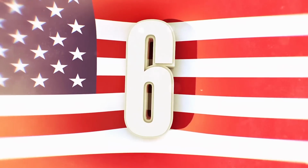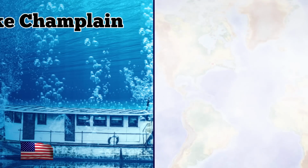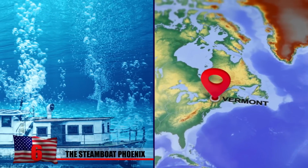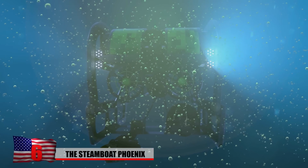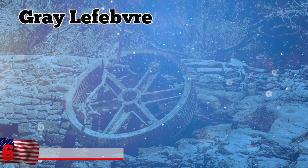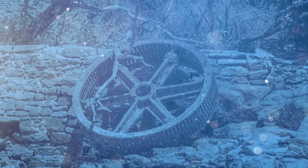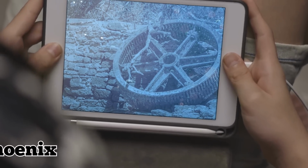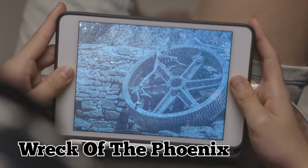Number 6. The Steamboat Phoenix. Deep under Lake Champlain in Vermont lies one of the oldest steamboat wrecks in the world. Discovered using a remote-controlled underwater vehicle, Gray Lefebvre was able to use its camera to spot the wooden wheels poking up from the lake bed. Knowing this was an unusual find, he got in touch with an expert named Chris Sabick, who was able to analyze the footage and figure out that this was the wreck of the Phoenix, a steamboat with a long and